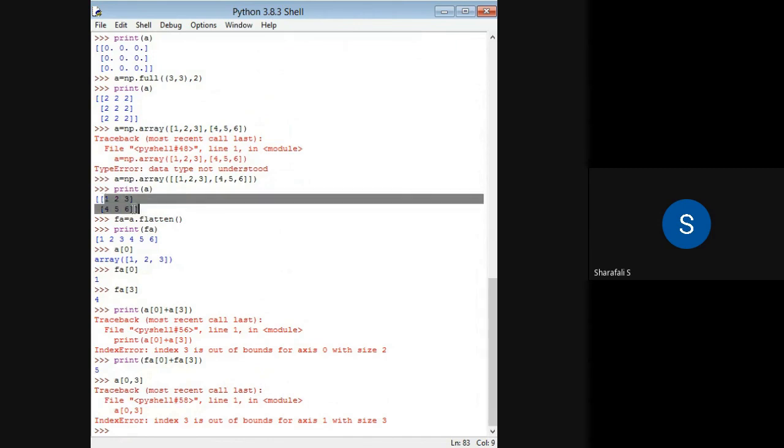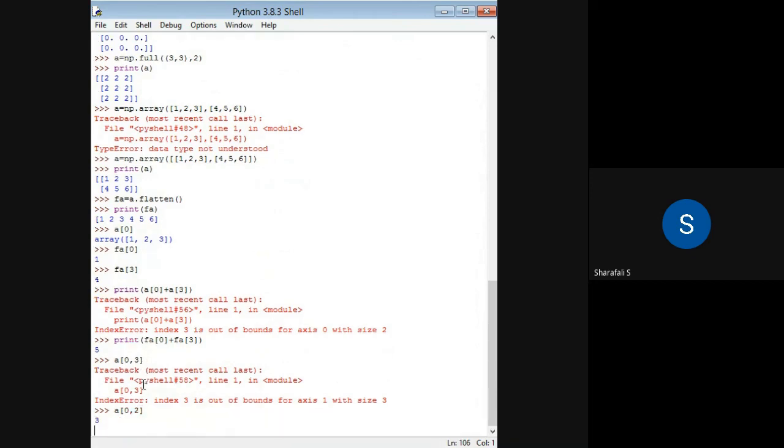In this array we can see that this one is 0, this one is 1, 2. So the maximum index value is 2 in this direction. If you consider row wise, then the index is 0, 1, 2, so maximum I can give 2. And if I go in the other direction, in the y-axis or column wise, I can have maximum index 0 and 1. So I should not write 3 here. I will just write a of 0, comma 2 maximum, and I will be getting 3.